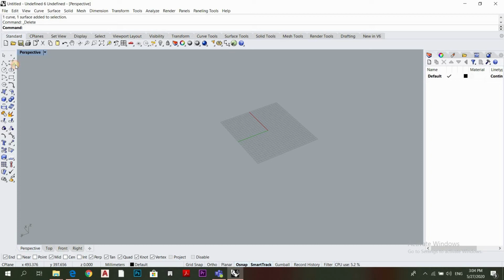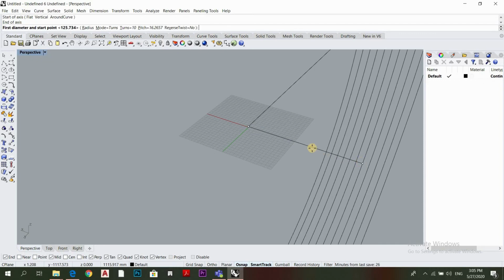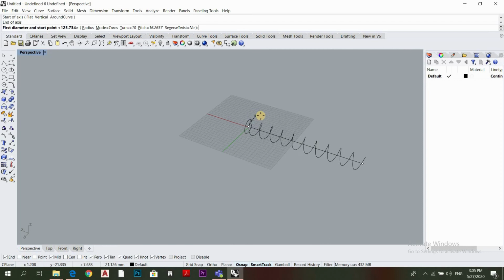Okay, so the next thing we will be looking at is the spiral and the helix, which you can both draw in a kind of a similar way. So let's take the spiral. On the spiral, you need an axis that the spiral is going along. So the first thing you will get in the command line is start of axis. So I want to start the axis here, and I want it to be going, let's say, in this direction. Then what I would do is select the diameter or radius of the first